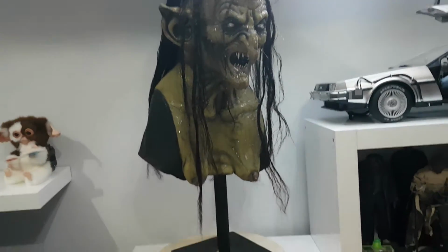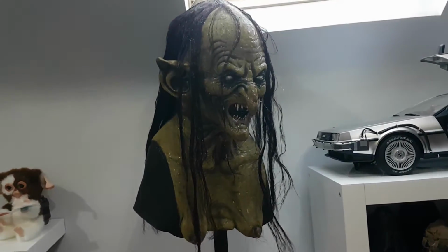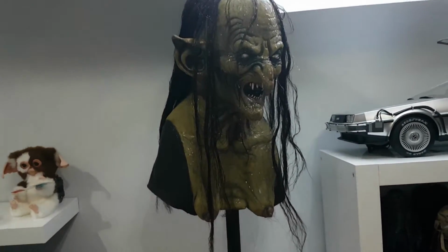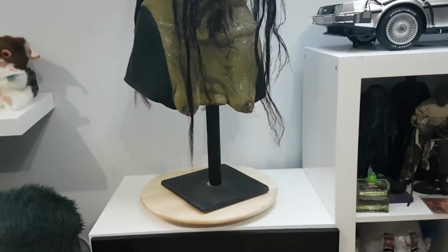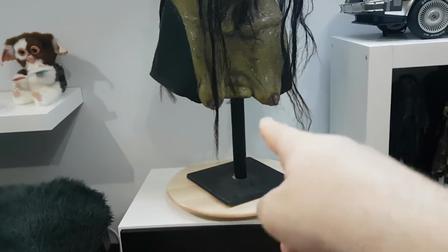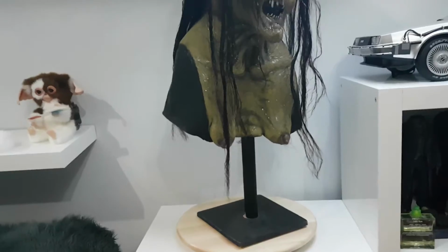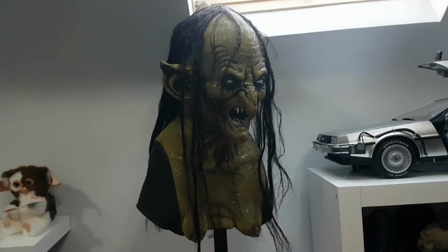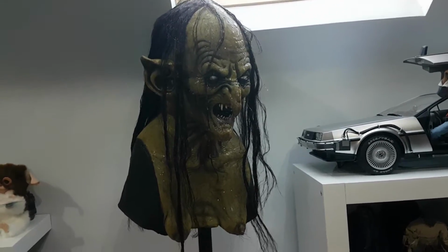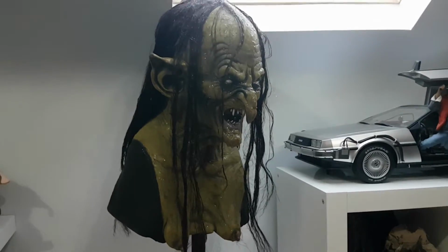I did have my Predator head on this stand, but I'm probably going to keep Meg on here now. The next thing I might do is jazz the stand up a little bit and maybe add some reeds and leaves going around the actual pole, and maybe do something at the bottom there to replicate some sort of swampy look. So yeah, here she is, Miss Meg,